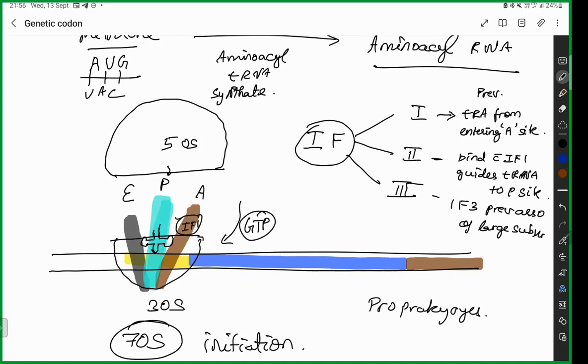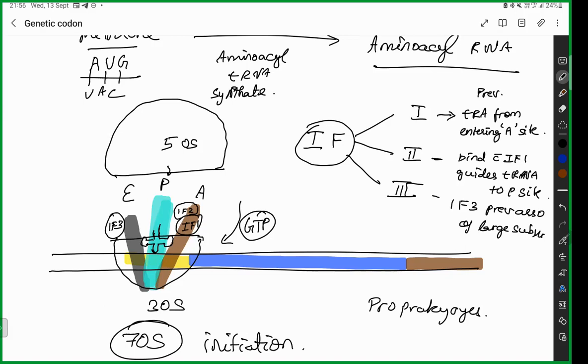So you have another factor that is called initiation factor 2. Both of them will make sure that the incoming tRNA comes and attaches to your P site. So now you are happy. But in between this process, you have to make sure that the larger subunit does not come and attach to the smaller subunit. So that one has to be prevented by someone. That is nothing but your initiation factor 3.